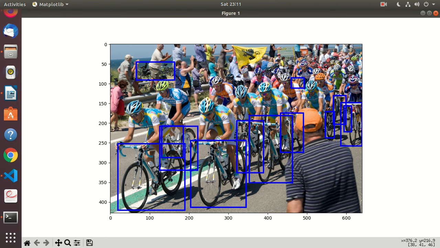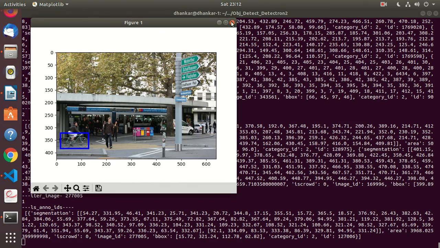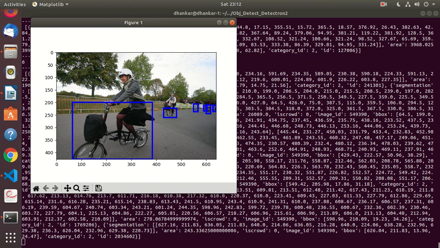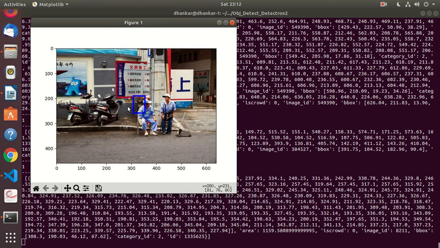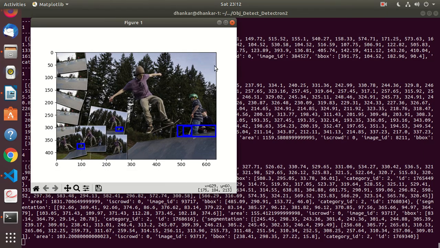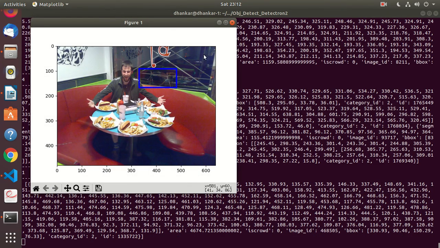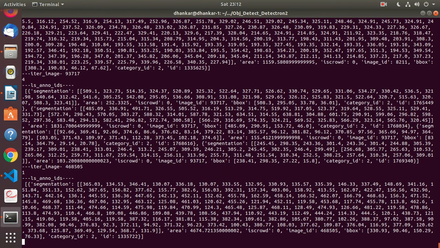And most of these are, I think, getting identified. I'm not spending much time on looking at all of this. Again, two bikes and one bike, and I think that's about it. Oh yeah, more bikes and one bike in the corner. Fine. And this one I couldn't even make out earlier. I thought, yeah, so there is a bike. So excellent, and obviously the Coco dataset is trained on a very large training set, so I doubt if it will miss anything, and most of these are coming through. Okay,